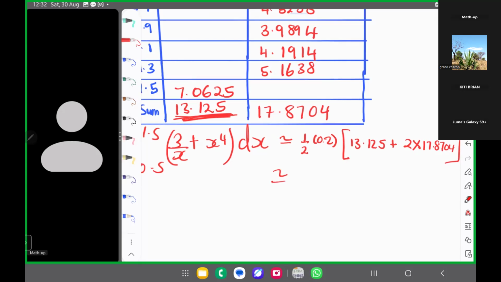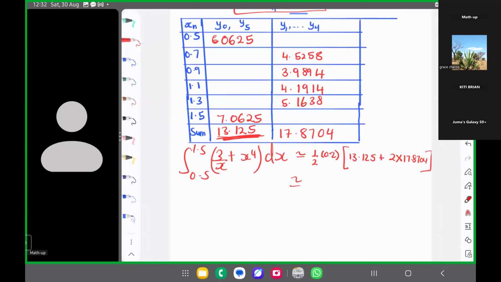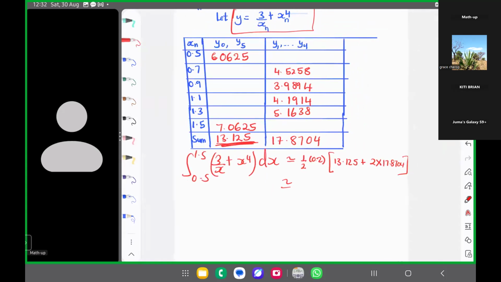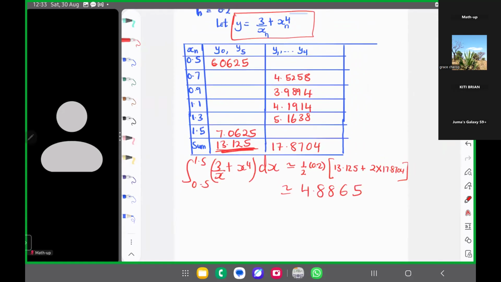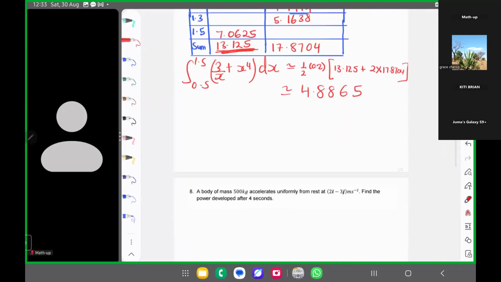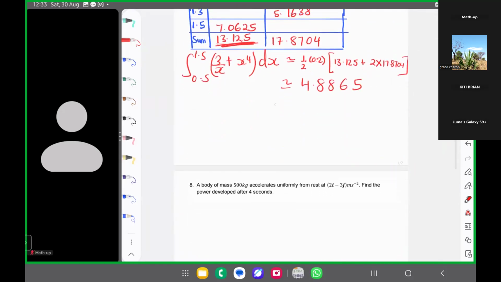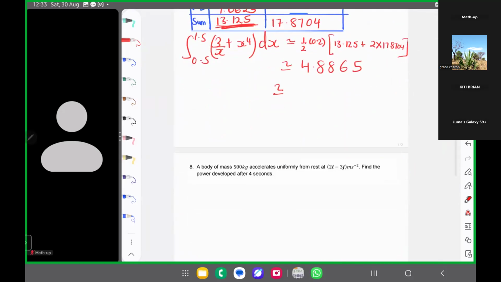This one. Yeah. 4.89 to 3 significant figures. You can first give the answer to 4 decimal places and then round off. Okay, 4.8865. Yes, but they wanted that answer correct to 3 significant figures, so we shall round off to 3 significant figures, which will give us